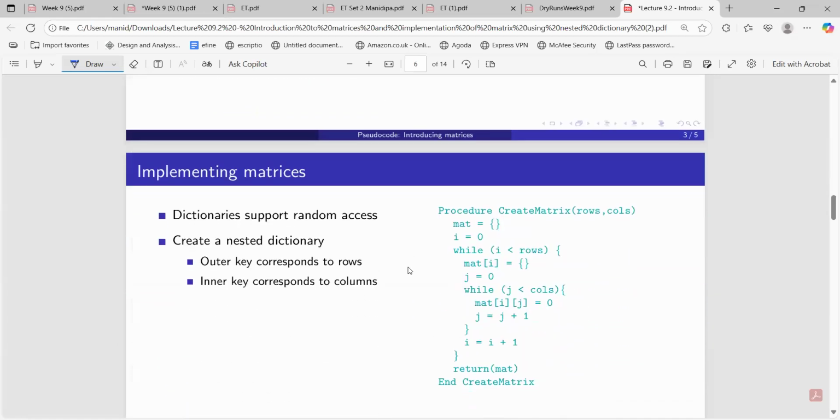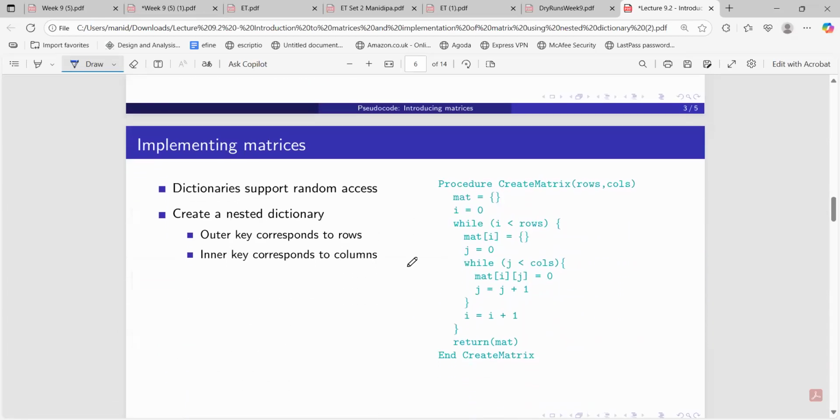Here, what have we used? Dictionary or matrix? Okay. So they are using a mixture of list and dictionary, right? So how can we use that? This is also one way of implementing matrix. Let's see. Dictionaries support random access, as we saw, that we can directly give the key and get the value, right? So if we create a nested dictionary,